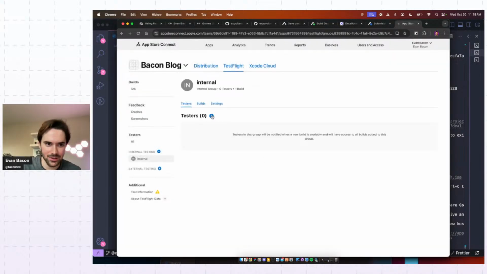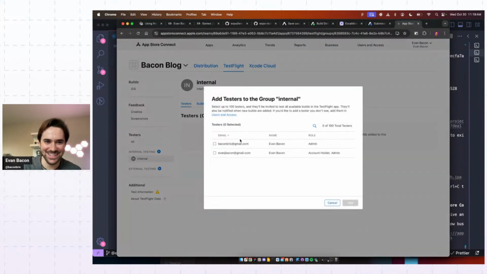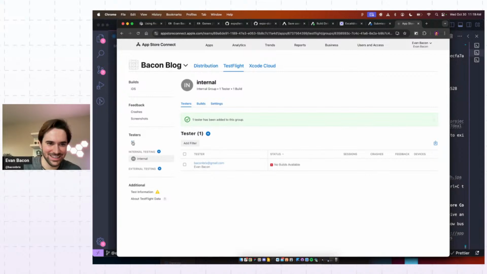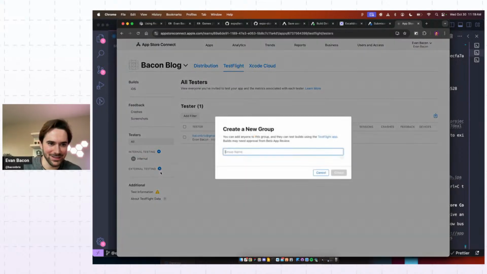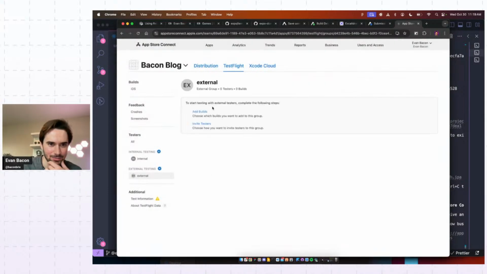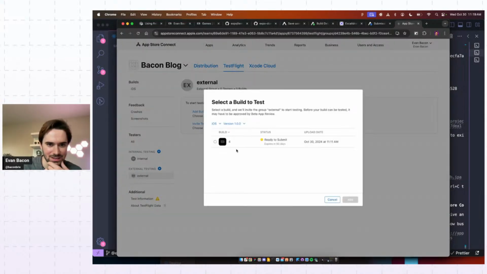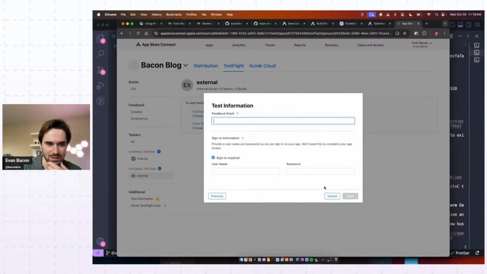Distribution, then add the build. Okay, well, no, that's for submitting to the store. I'm trying to do the TestFlight thing. I'll just add myself here. Let's see, but then let's add an external too. So external, add builds, build, next, feedback email